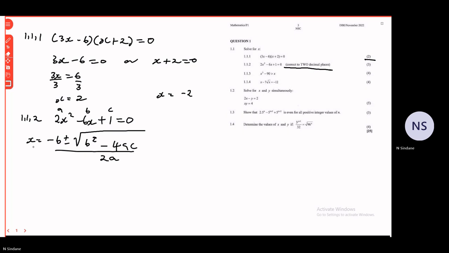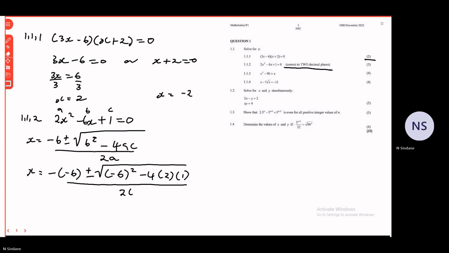So this is our quadratic formula: x equals minus b plus or minus the square root of b squared minus 4ac, divided by 2a. Then we substitute the values of a, b, and c. In this case, the value of b is negative, so I'm going to say minus negative 6, plus or minus the square root of negative 6 squared minus 4 times the value of a, which is 2, times the value of c, which is 1. Then divide this by